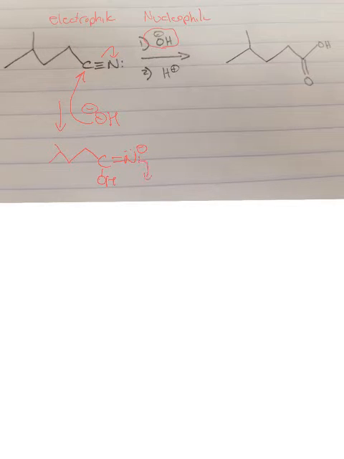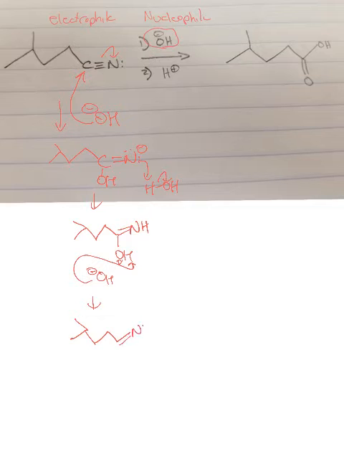The nitrogen grabs a hydrogen off of water, which gives you the NH with a double bond. Then you have hydroxide, a strong base. It'll pull the hydrogen off of the oxygen